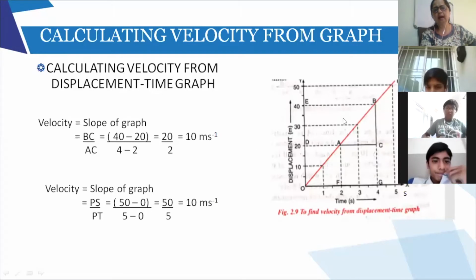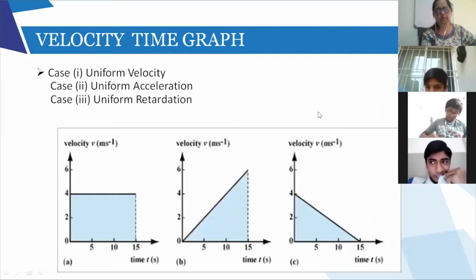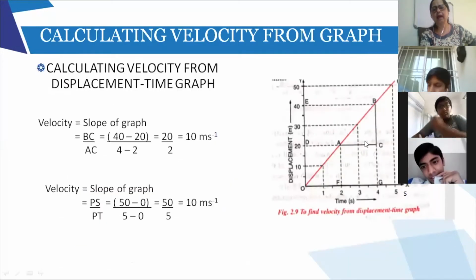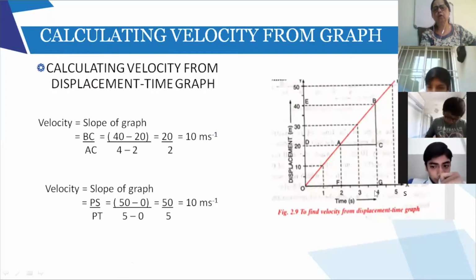Then again take the point, take this and come down. Okay, so 4. When you come down from point B to the time axis, that is the x-axis, it corresponds to 4. And when you come from point A, it corresponds to 2. So what did I do? 4 minus 2, right?